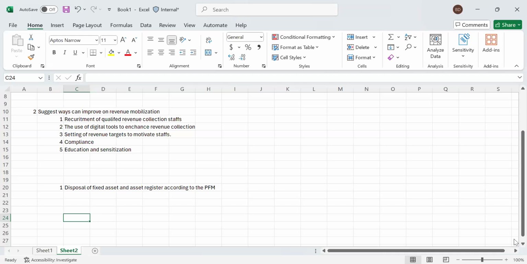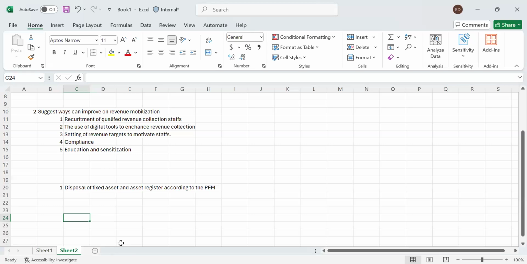Please, can you go through again for me? Okay. So the Act clearly states that every entity must have an asset register. That asset register must include the list of all the assets the entity has. Not only that, it must also include the cost value of each of the assets. It must also include the depreciation basis and the useful life of each of the assets.